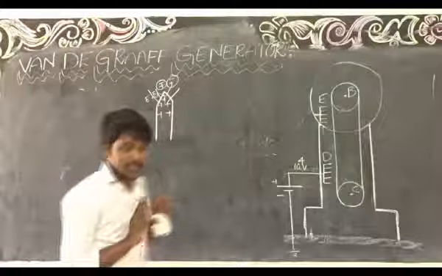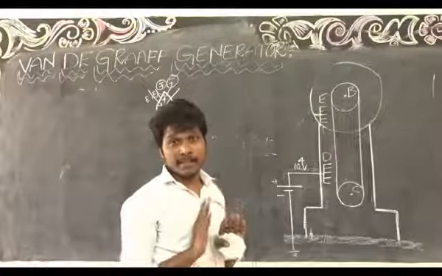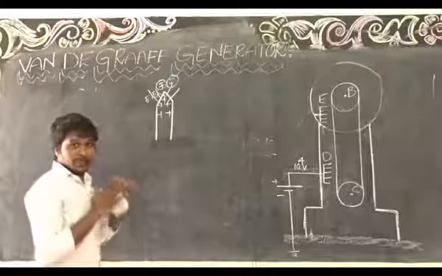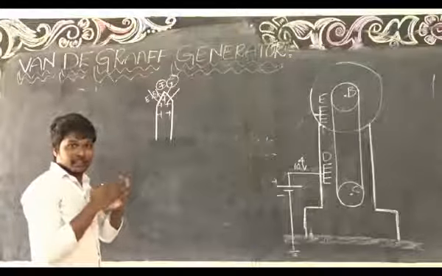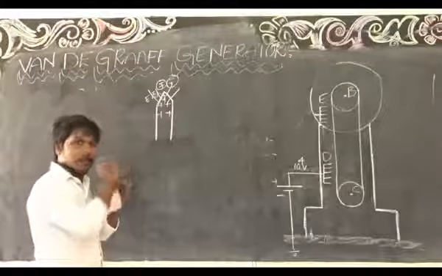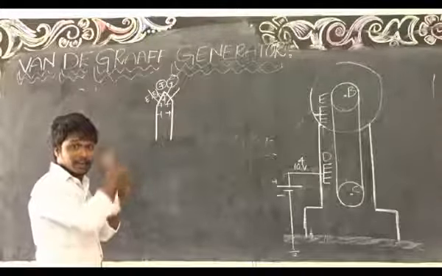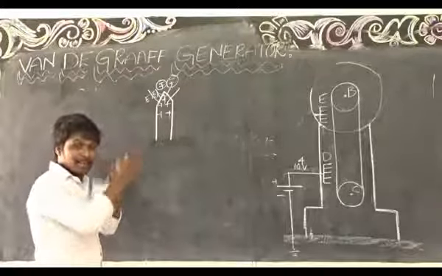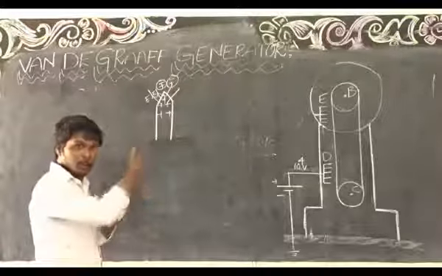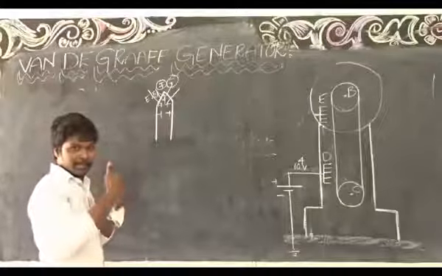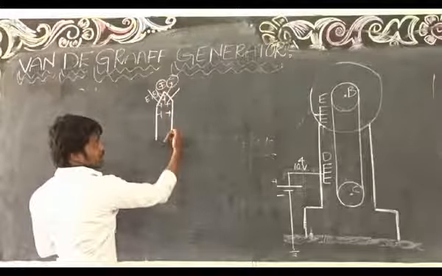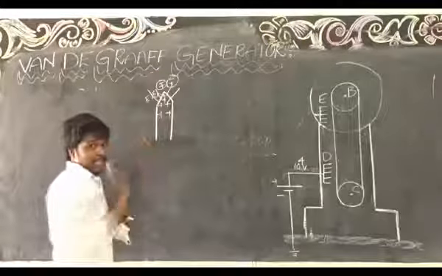What I told in the electrostatic induction concept, at the same time, action at points: where the radius is less, the charge is more. More charge means it will create more electric field, and that electric field will ionize the surrounding air. So what is the ionization process? That electric field will attract the negative charges and at the same time repel the positive charges. Like this with the air molecules, it attracts the negative charges and repels the positive charges. Correct? That is what ionization means.